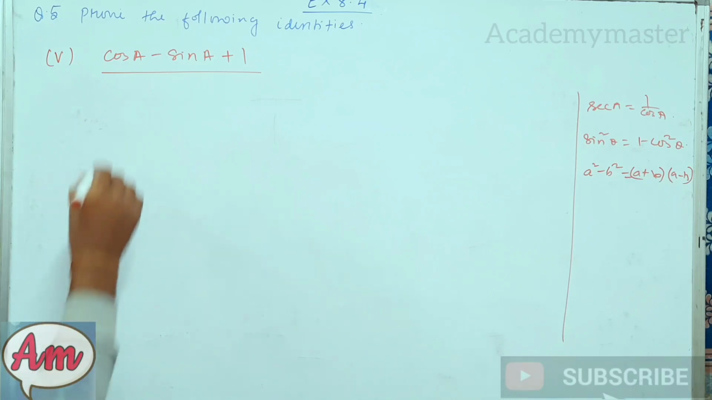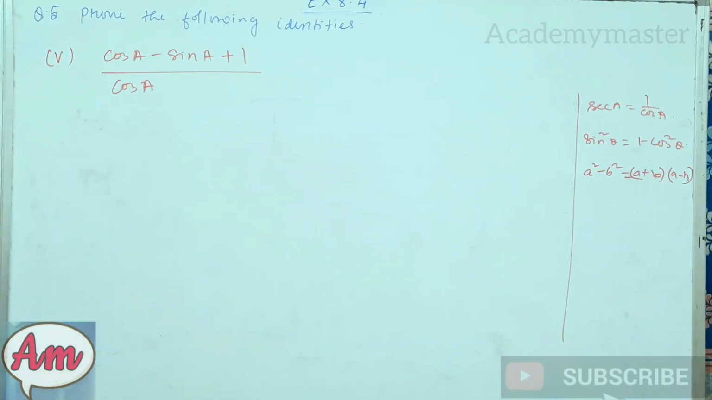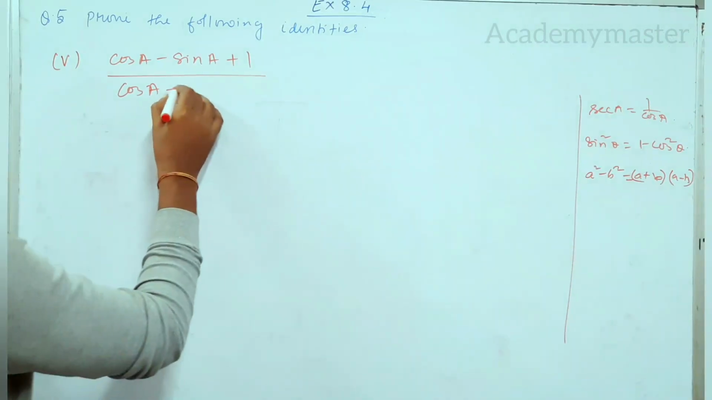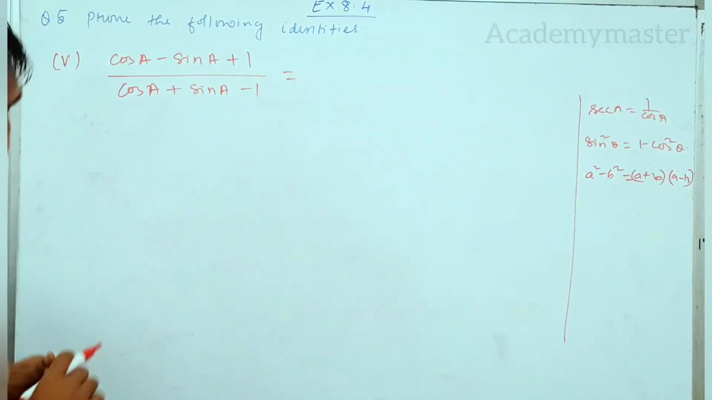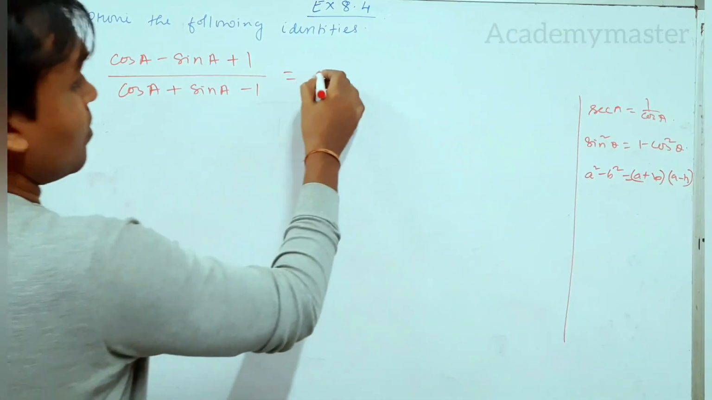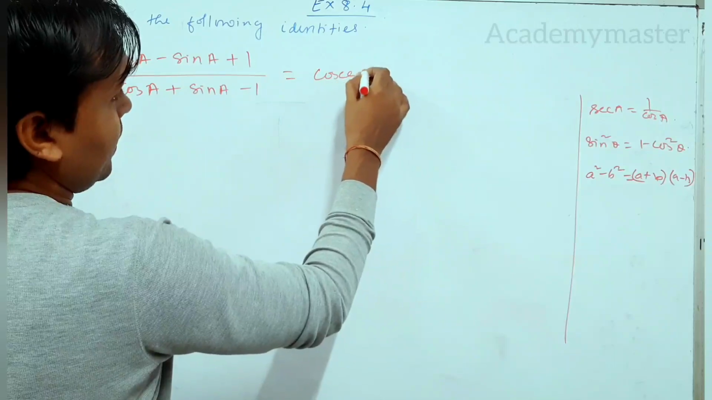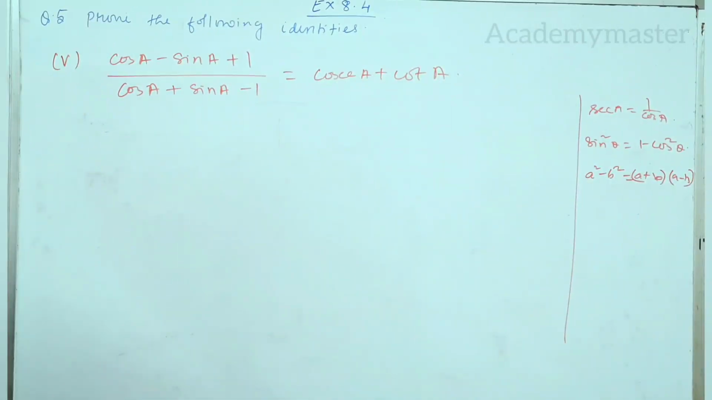Okay, cos A plus sin A minus 1, equals to, we have to prove, cosec A plus cot A. Cosec A plus cot A, we have to prove it. Okay, fine. So what we will be doing here is,